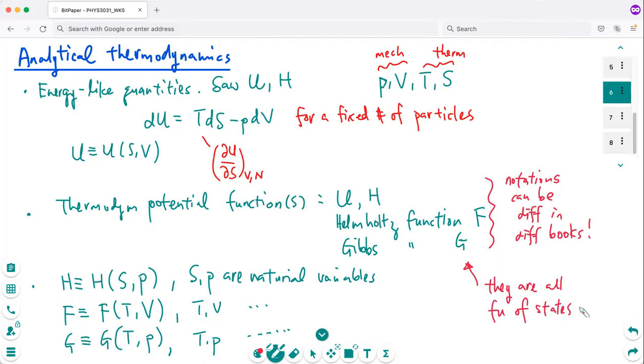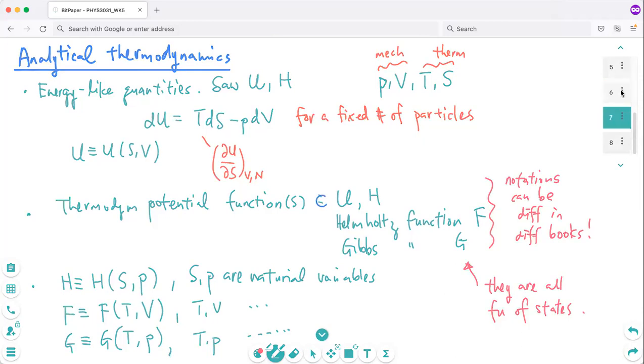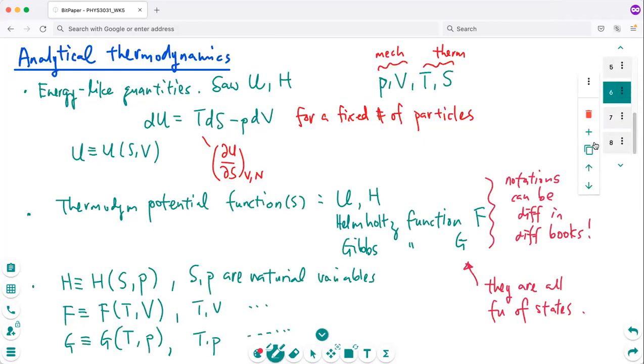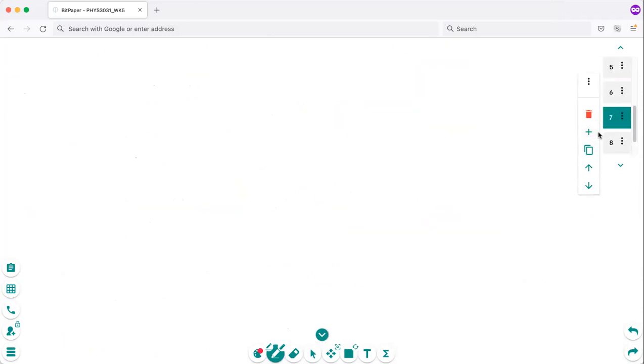Okay, so these potential functions are all functions of state. Okay, so now Maxwell relation is the big thing. We will get there soon. Okay, so now let me